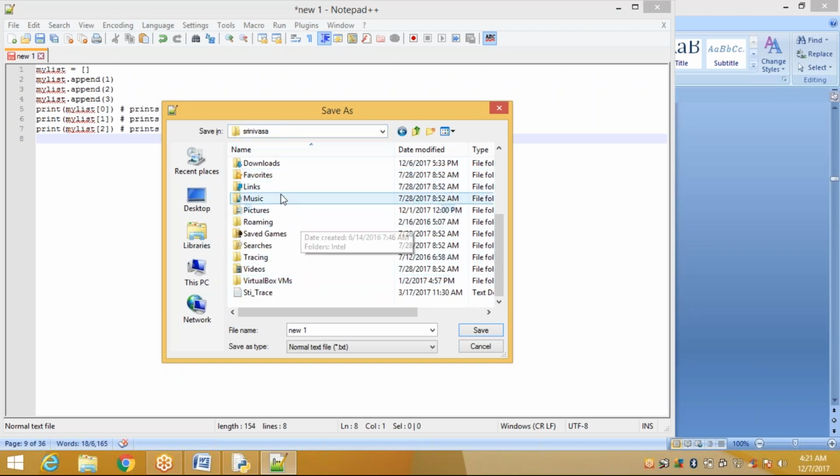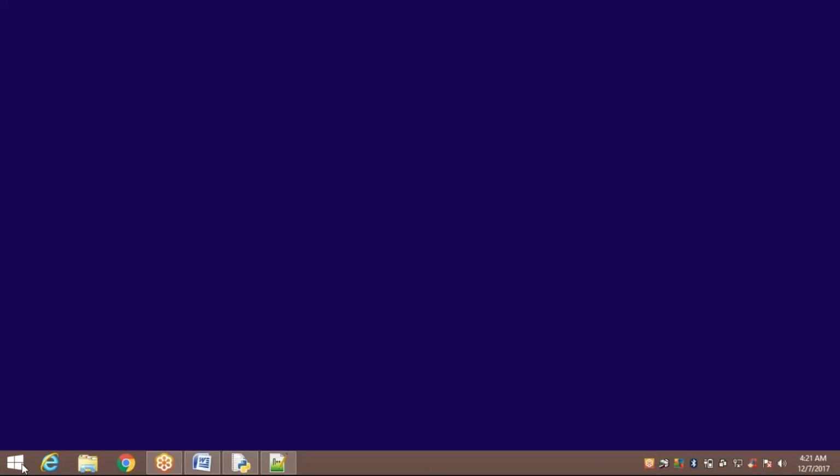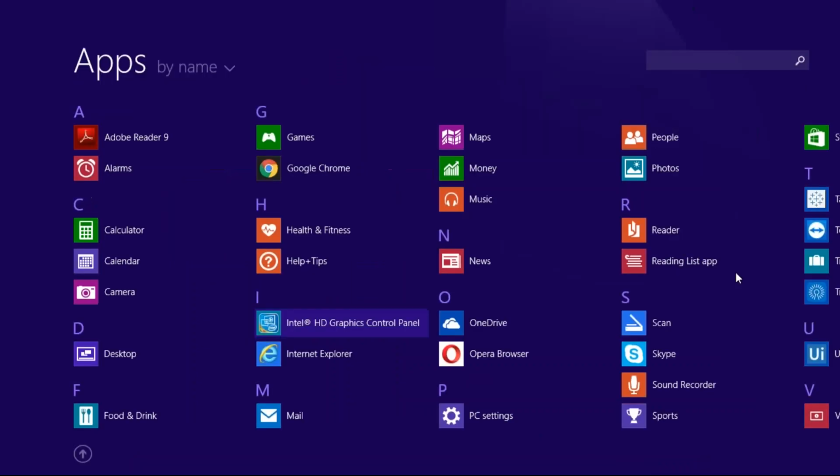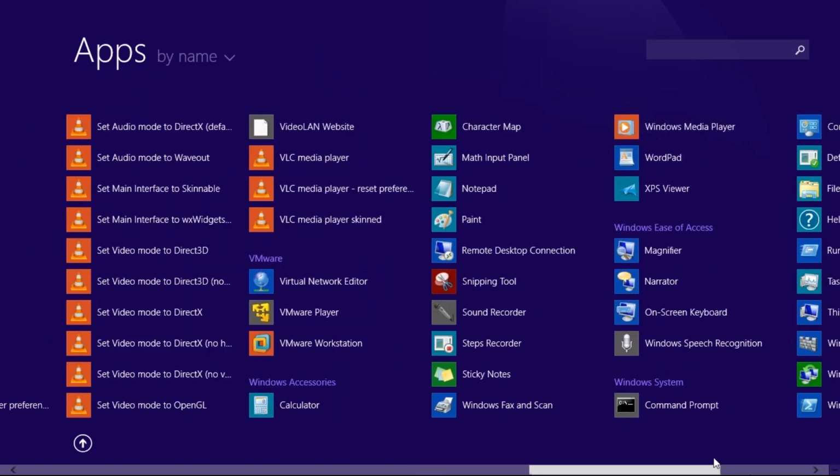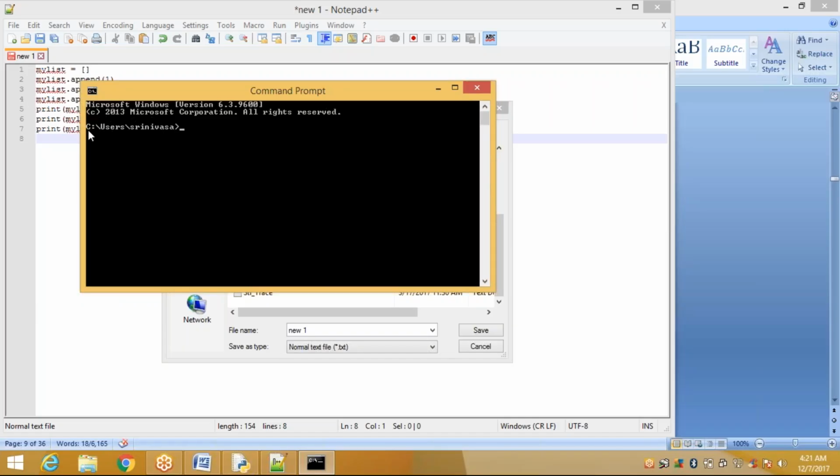So when you open the command prompt, automatically it shows my path. See here, this command prompt: C drive, /users, /Srinivasa. Right? This is my path.